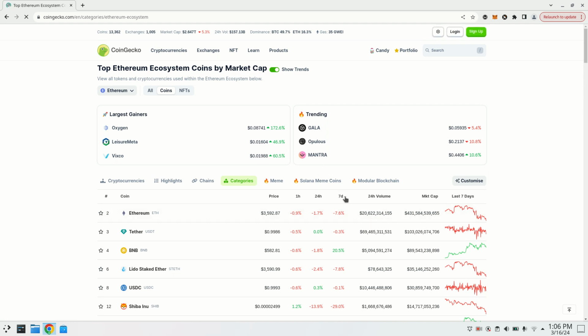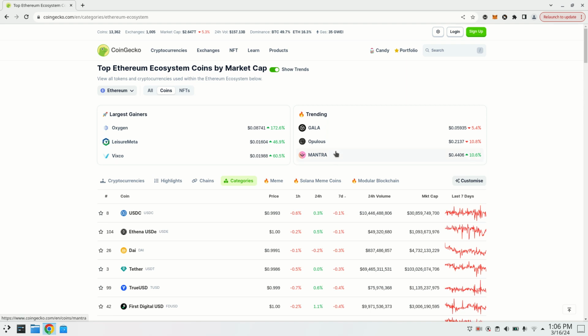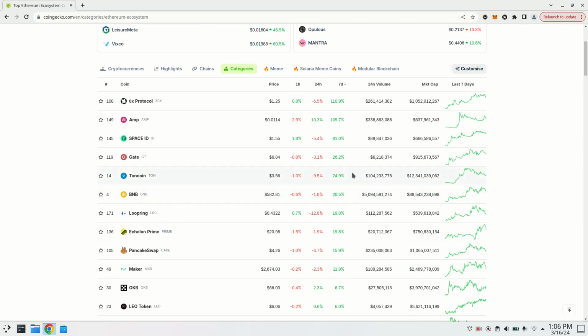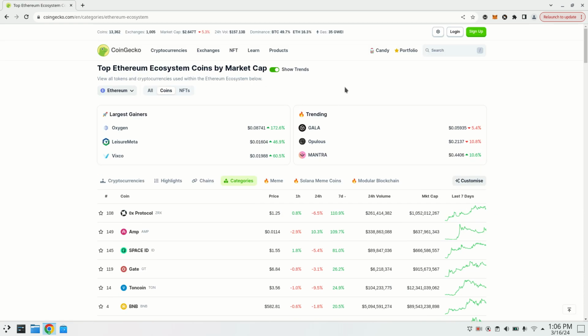Yeah, but I think sometimes the CoinGecko website is too slow, right? We need to take some time. Here you could see just within a week, 0x protocol. So it means from one good project, for example Uniswap, we already know that's a good project.